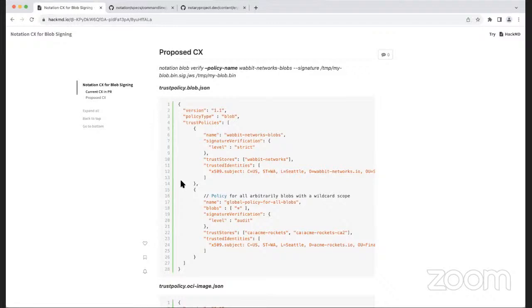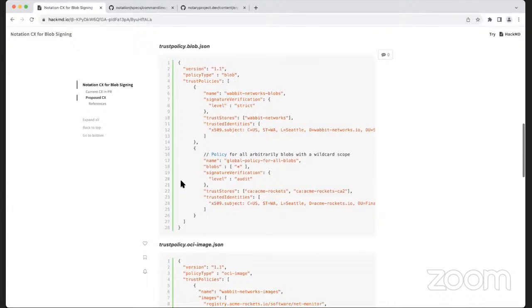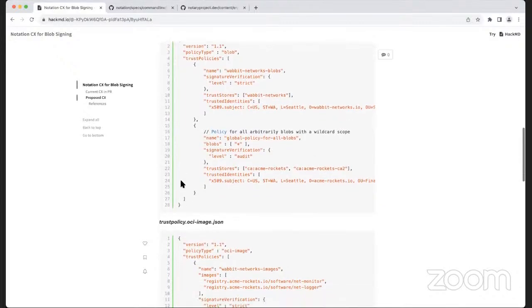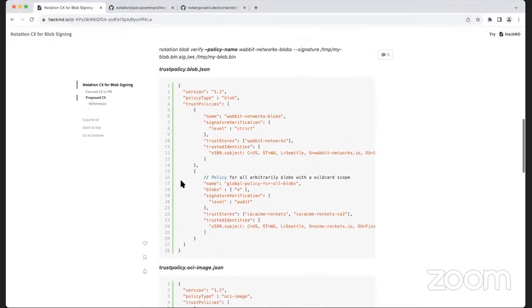Does that answer, Vani? Yeah, Milind, it helps. If we have two different files, if that's going to help, then yeah, policy type would help. Okay. Then I think at a high level, Rakesh, do you have feedback?